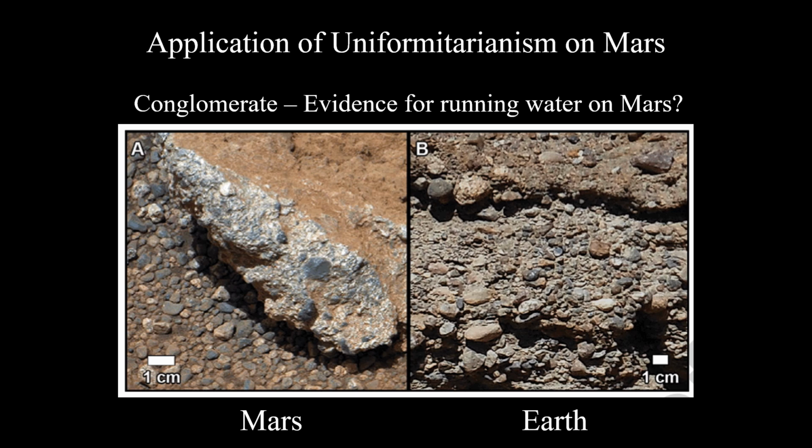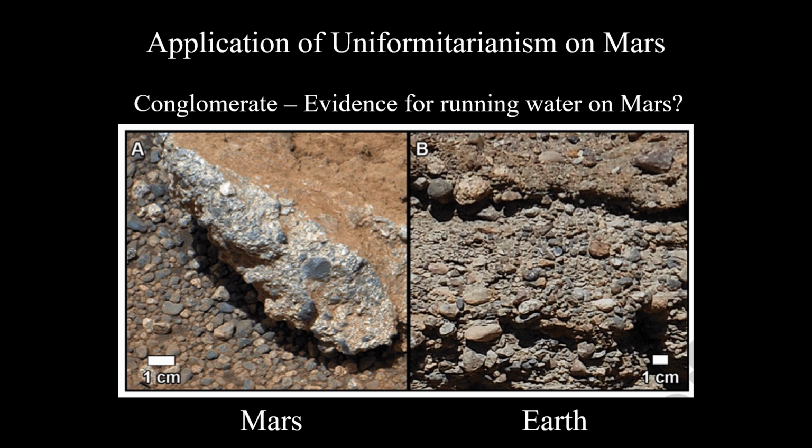For example, this is a rock type known as a conglomerate, where you see these rounded pebbles. These rounded pebbles are usually indicative of stream flow. Rocks usually don't break in these nice rounded patterns. They're usually very irregular, but as a pebble rolls down a stream and is carried downhill by gravity in the presence of water, it's bouncing around and knocking the little sharp edges off, and it starts to round the rock. And so where we find these deposits on Earth, like you see on the right, they're almost always indicative